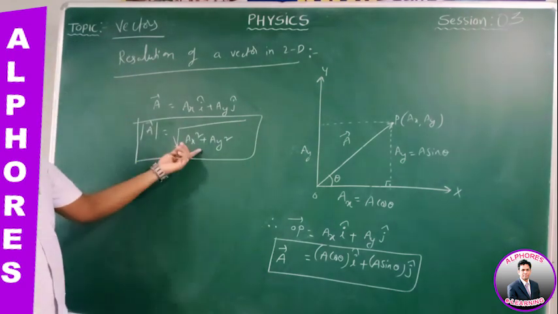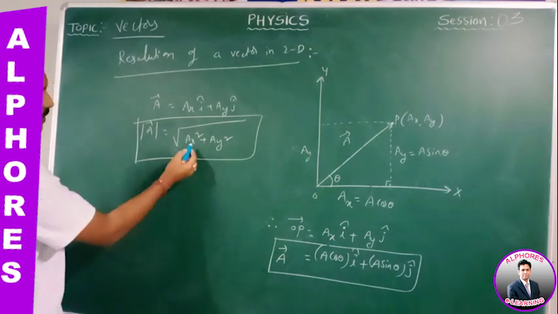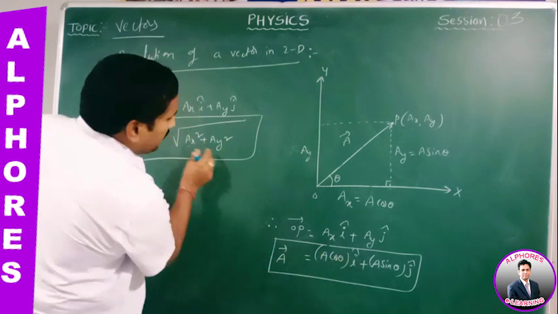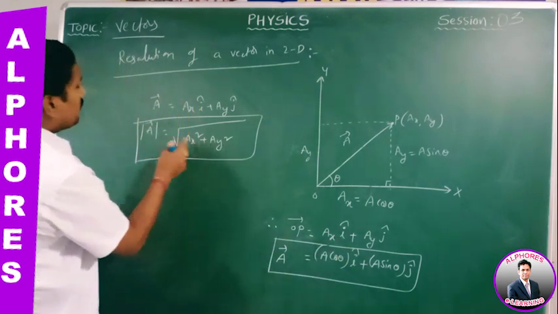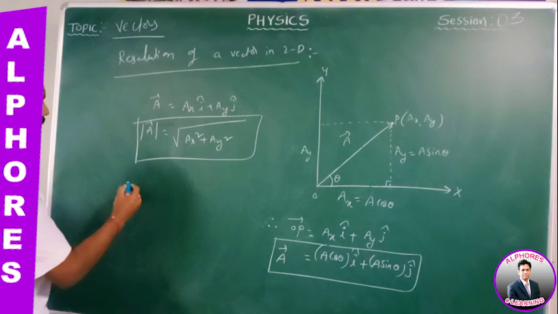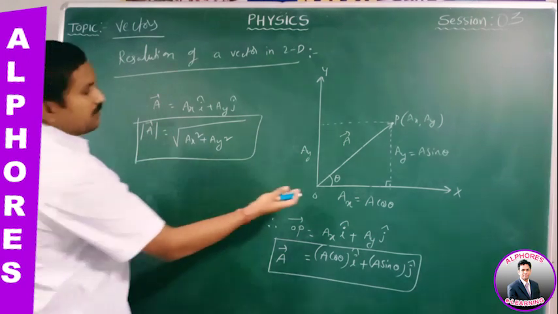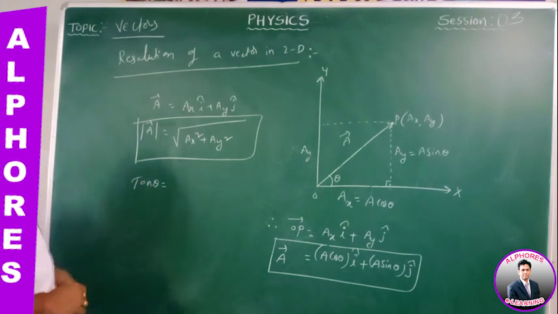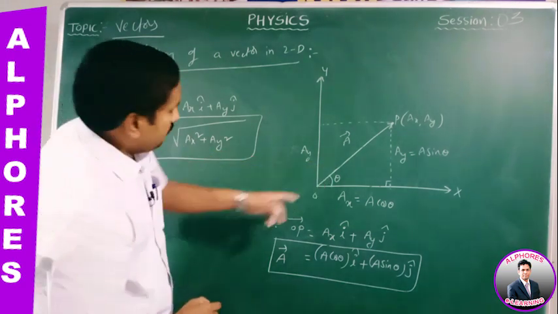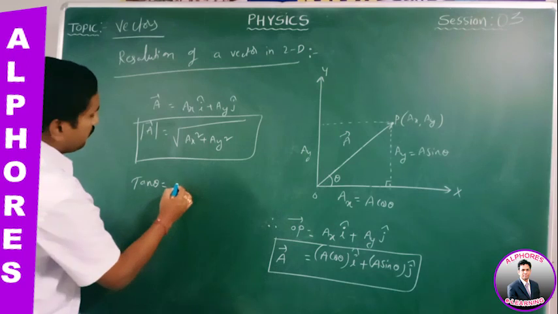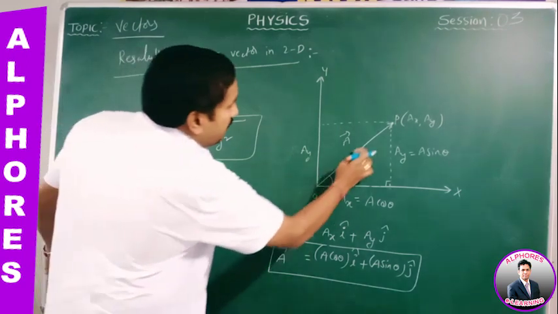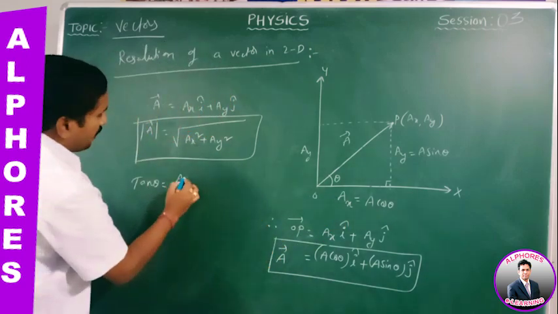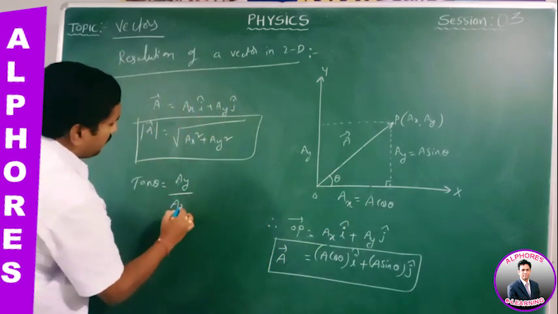So by substituting the values of ax and ay from these values, ax means a cos theta, ay means a sin theta, you get the value of a only. Now what is the angle made by this vector with the x-axis? It can be denoted by, let us say, theta. The direction of the vector: tan theta is equal to how much? According to this right angle triangle, tan theta is opposite side by adjacent side, means y component of vector by x component of vector.